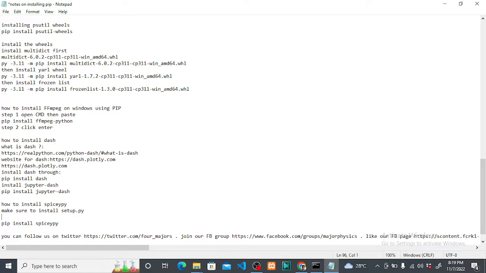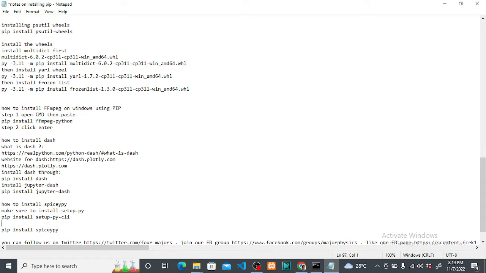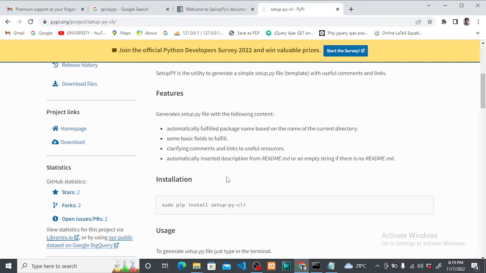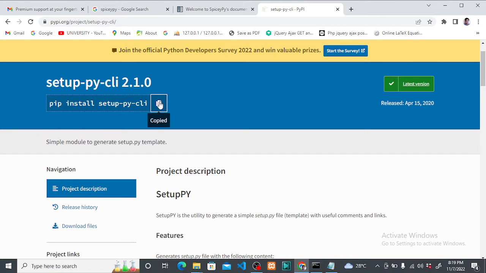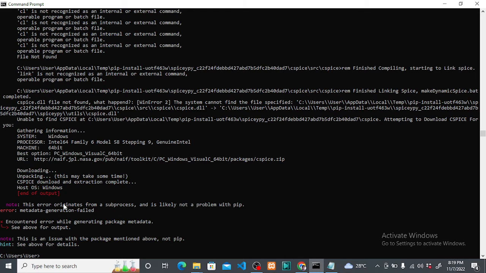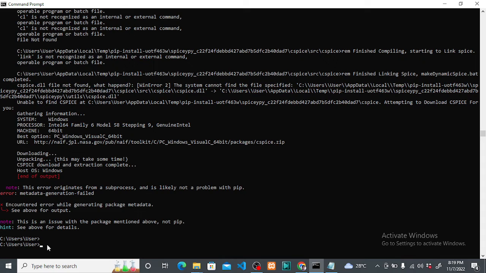Don't worry, this code is in the description box, so make sure, guys, that you visit the description box so you can get all the right codes that are needed to set up your Pi environment. Alright, so we now go here and cut, copy, and paste it here, then hit enter, and hopefully there's no error,